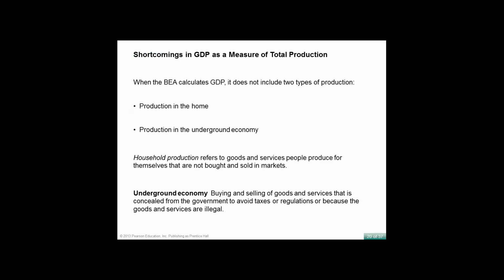Is GDP a good measure of the economy? So things that are not included in GDP are the production in the home. So if I make something for myself and homemakers, and production in the underground economy. The underground economy is the buying and selling of goods and services that is concealed from the government to avoid taxes or regulation or because it's illegal. So all of the drug sales that enter the economy with the money, they're not technically counted in GDP because it's illegal. And other things are when people exchange services with each other and we're not counting that, but they're actually doing something, right? That's not being counted because people are avoiding taxation. So if they've done it and concealed it from the government, then we can't really count it.